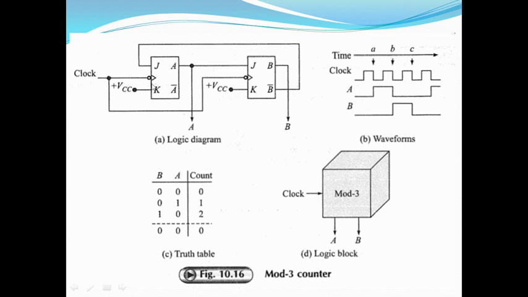Now what happens when the first clock pulse hits the flip-flops? Prior to the first clock pulse, A is equal to 0 and B is equal to 0. So what is B bar? B bar is going to be 1. That means J input of the first flip-flop is going to be 1, and K input is going to be 1. Prior to the clock pulse, at point A on the timeline, J is equal to 0 and K is equal to 0 for the first flip-flop.